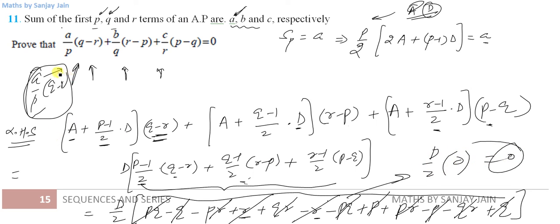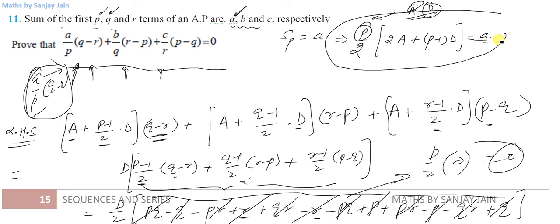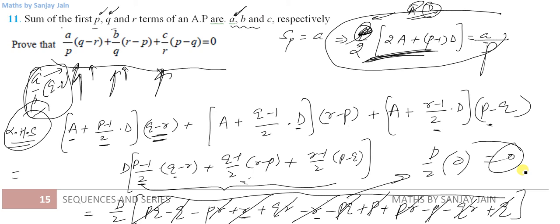Right? So I started with this left hand side here, put values of these expressions A by P, B by Q. How did I find A by P? By using the given information. So I brought this P here, and this was the A by P that I used here in this expression on the left hand side. Similarly, I found B by Q and C by R, put there, and then see that the left hand side every term will get cancelled out, giving me 0. So this is question number 11. Let us see what question number 12 is.